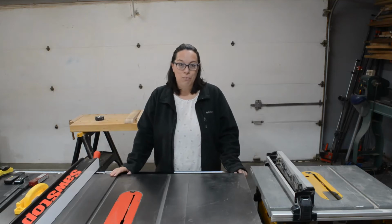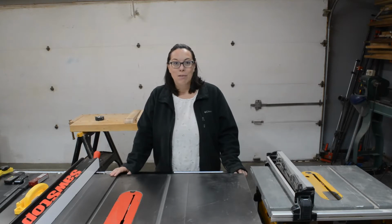Your first table saw is really exciting. It can also be somewhat scary. As you probably know, the table saw accounts for more accidents than any other tool in the shop. So what I want to do today is to walk you through some safety practices with your new table saw, as well as some basics on how to get started, so that this can be a tool you will use